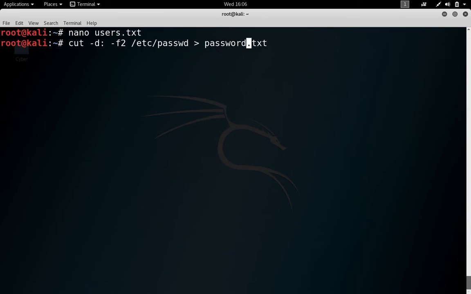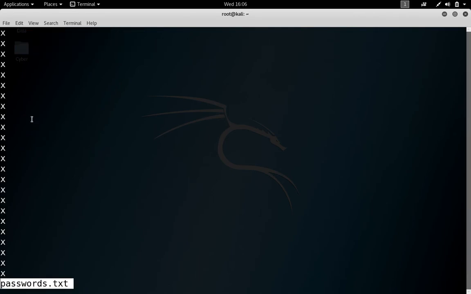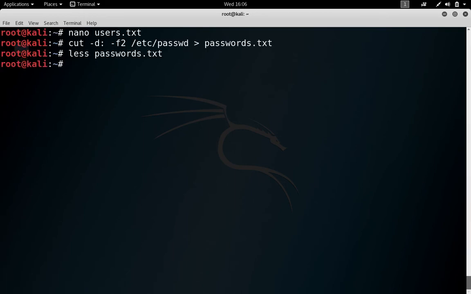I am writing passwords here, and now see less passwords, and here you can see x, x, x and x, because all the passwords were encrypted. This is how you can list all the users and filter only some part of that line.